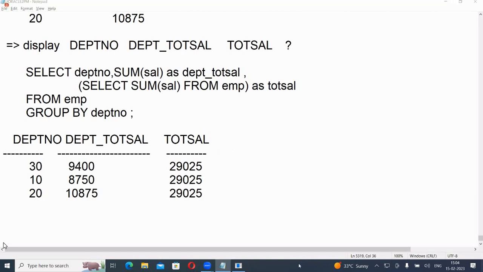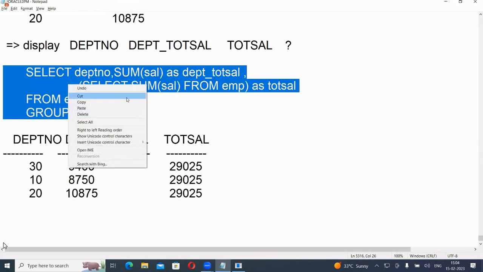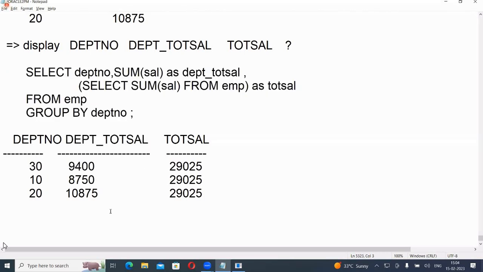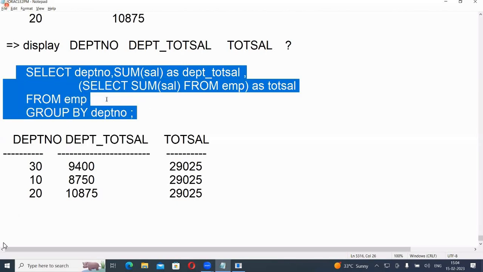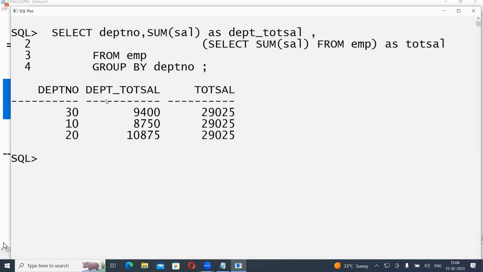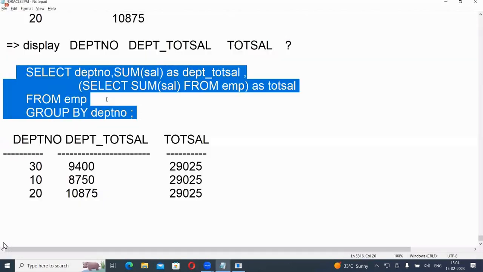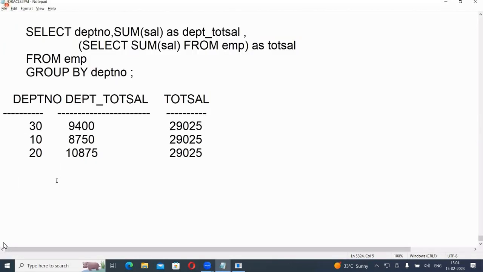Okay. Got it? Next. Okay, then suppose, for example,